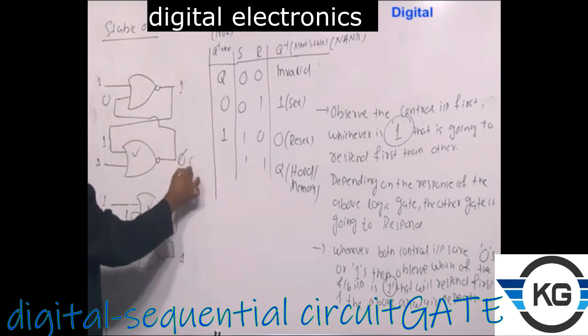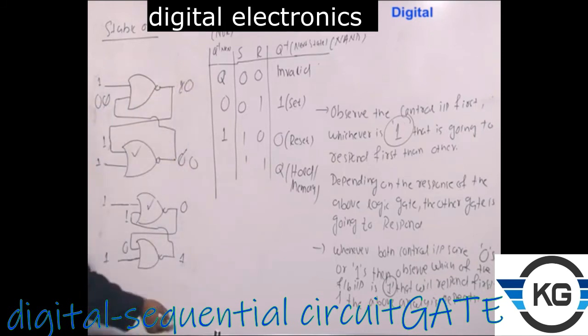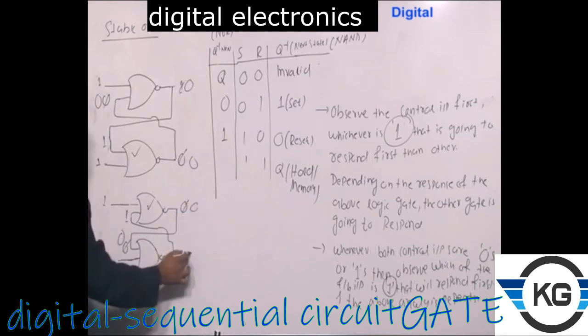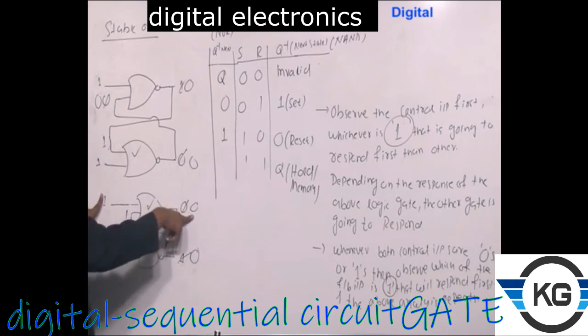So this will be 0. This 0 is coming here. This will be again 0, right? So here also see that here this will be 0. This 0 is coming here. This will also be 0, right? This will also be 0. So what is the point here? That if you are getting here 0, even if whatever the changes are happening here, because this input is fixed at 1, irrespective of variation on this one, output will be constantly 0 only.